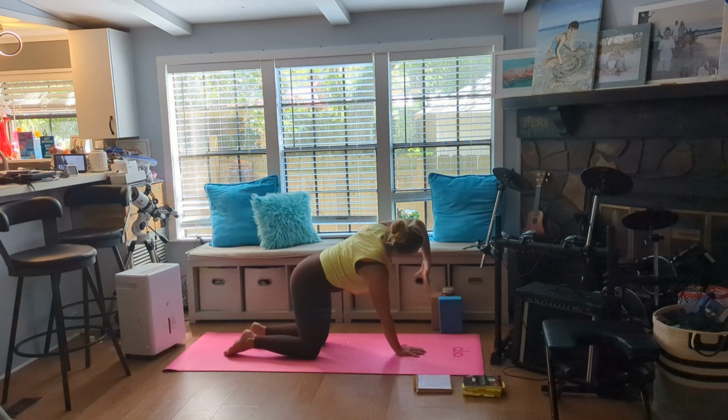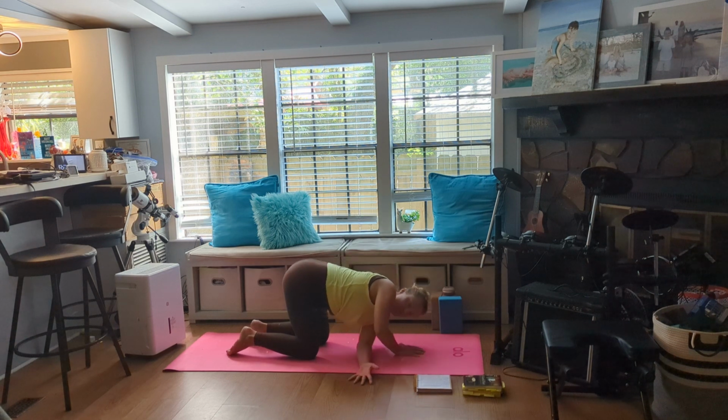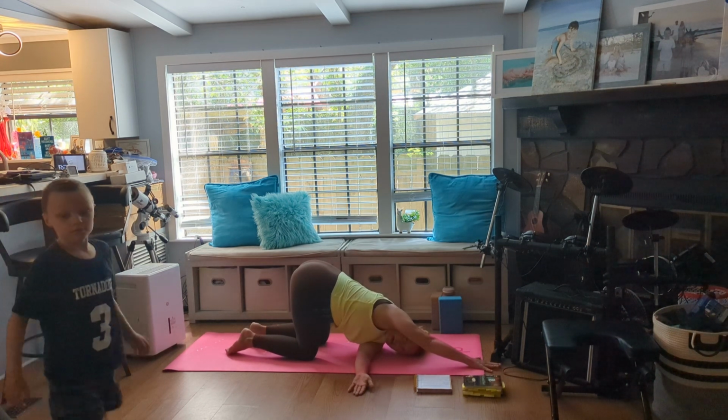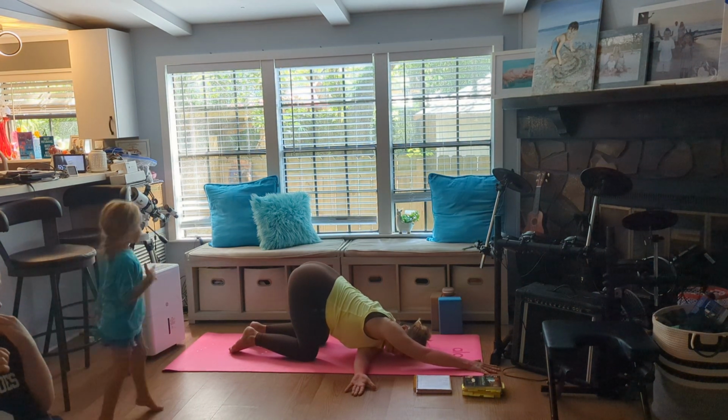On an inhale, reach the left arm up, open up your chest, and on an exhale, I'm going to thread it under the right hand, stretching the back of that left hand out, crawling your right fingers up. You're going to press into the back of your left hand and rotate your right shoulder down,